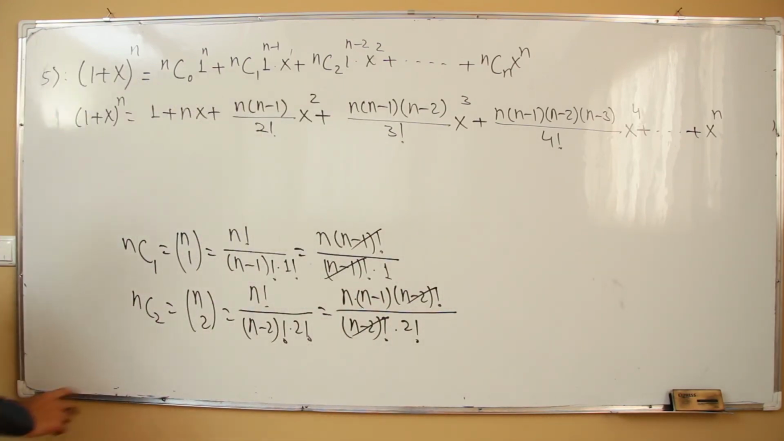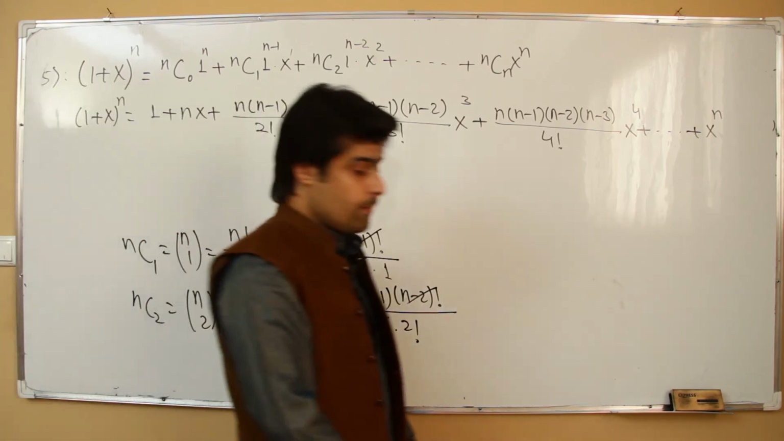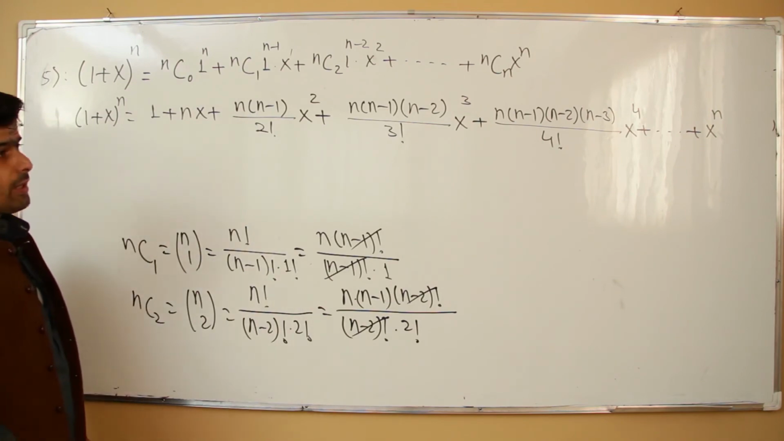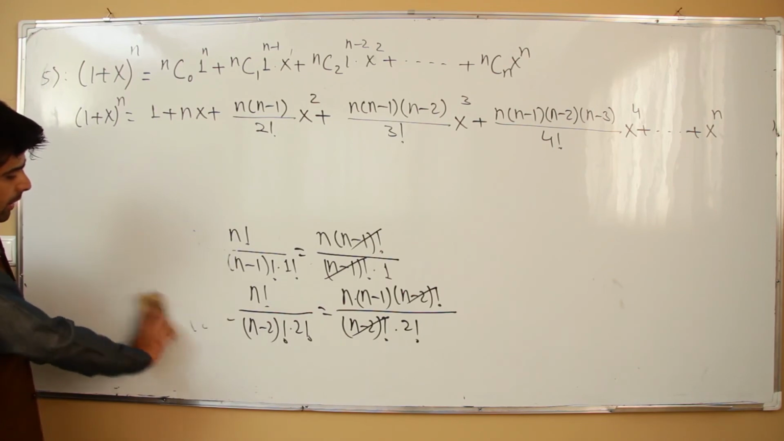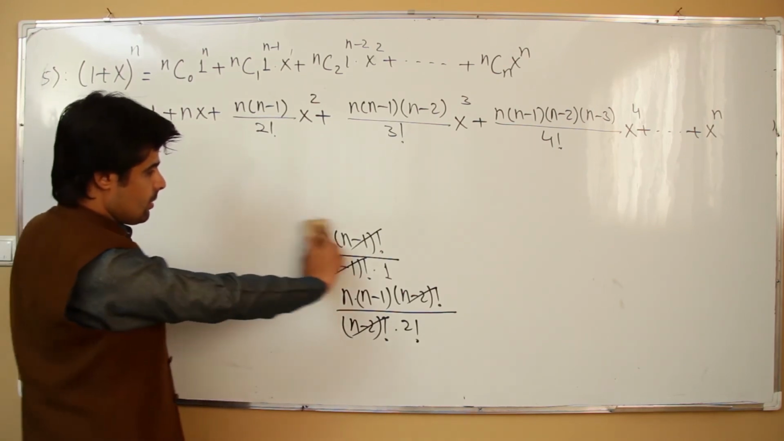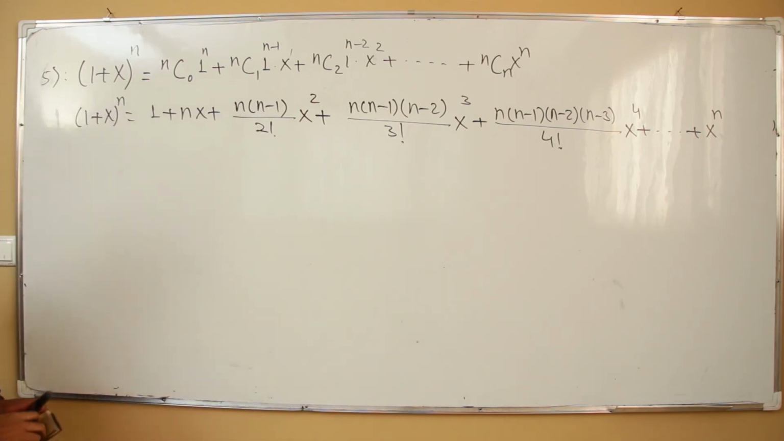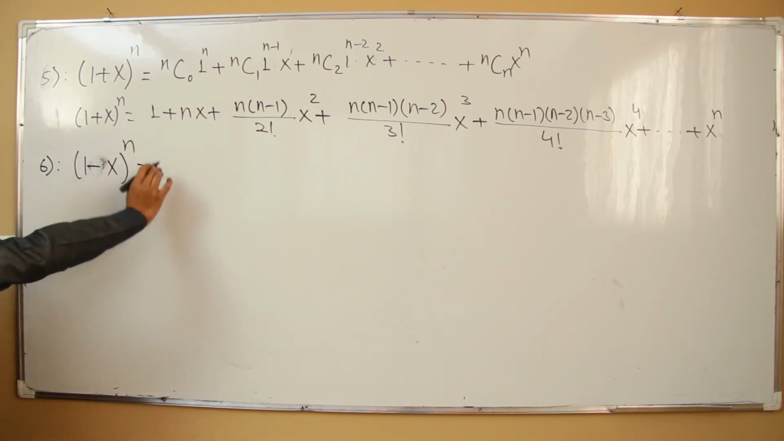You can use this formula for 1 plus x raised to the power n. This formula mostly we use in order to find Euler number, inshallah, in higher mathematics. Where did I find this formula? It is by usage of binomial expansion. Number 6, if you have 1 minus x raised to the power n, once again